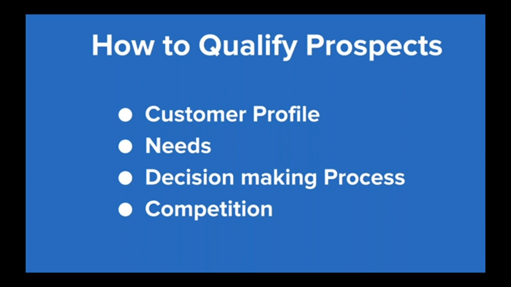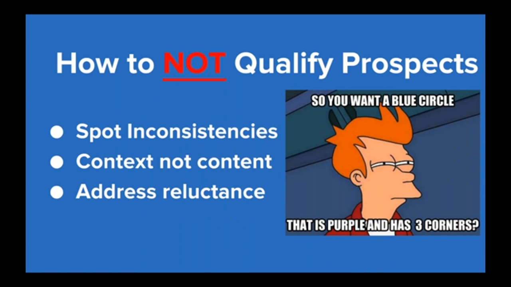All right, so that's how to qualify. Here are common mistakes salespeople make. We've talked about mistakes before, but here's how you shouldn't qualify. So you shouldn't ignore incongruency. A lot of times people will tell you they want X, Y, and Z, but it's not congruent with their overall goal. So let's say a prospect says, hey, we want this solution to be scalable to